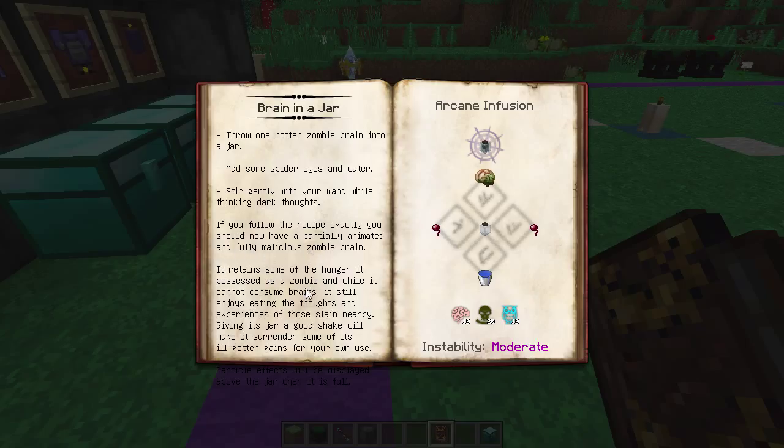It retains some of the hunger it possessed as a zombie, and while it cannot consume brains, it still enjoys eating the thoughts and experience of those slain nearby. Giving the jar a good shake will make it surrender some of its ill-gotten gains for your own use. Okay, it says down here for some reason off the screen, particle effects will be displayed above the jar when